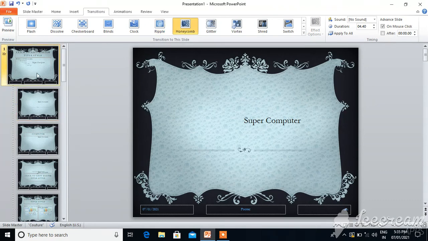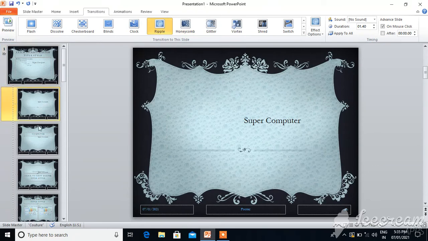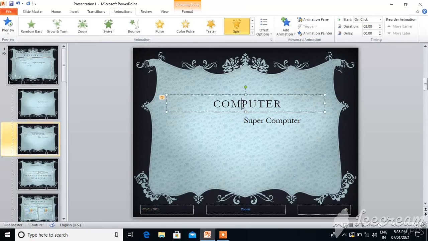So in this way you can apply transition to a slide. Keep in mind that the transition effect is applied to a slide and the animation effect is applied to any text or picture. Okay, in this way we can do the formatting.